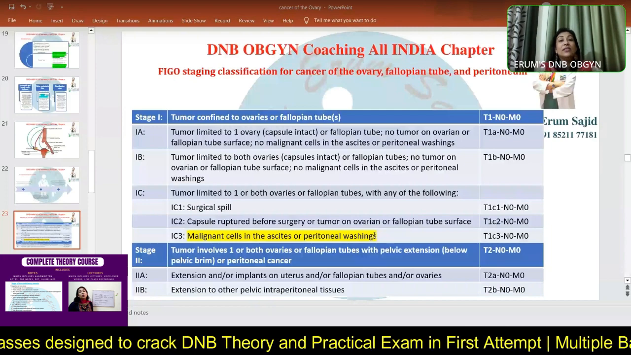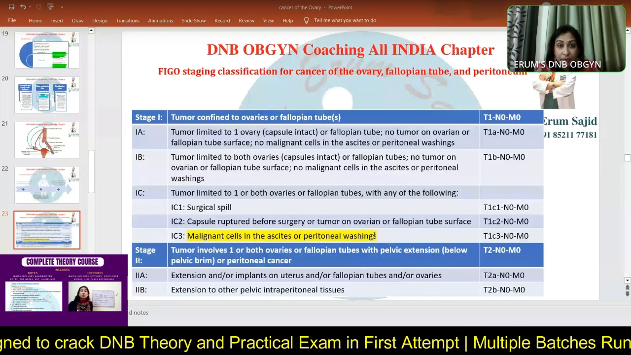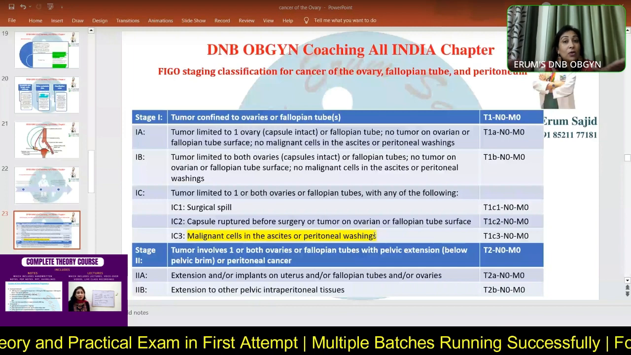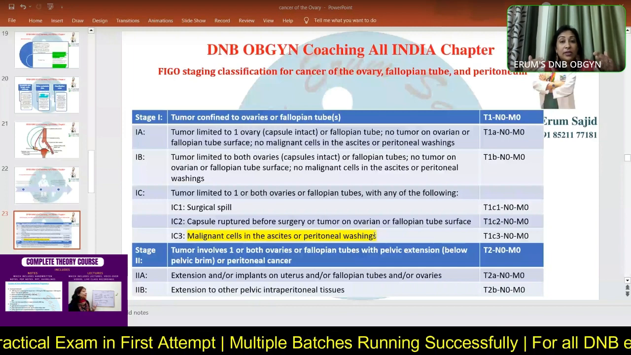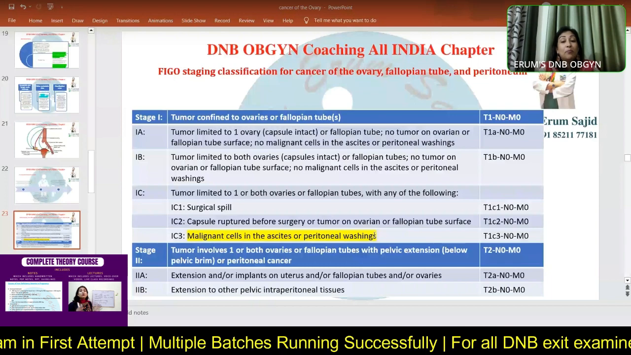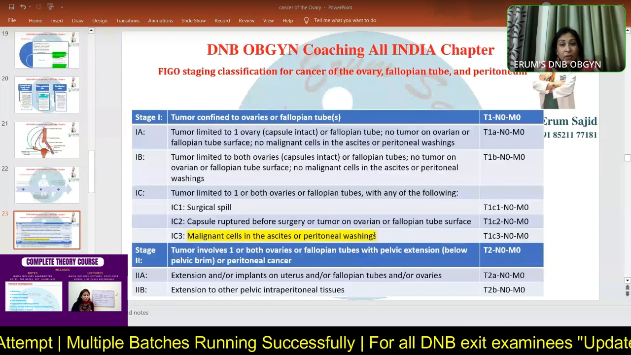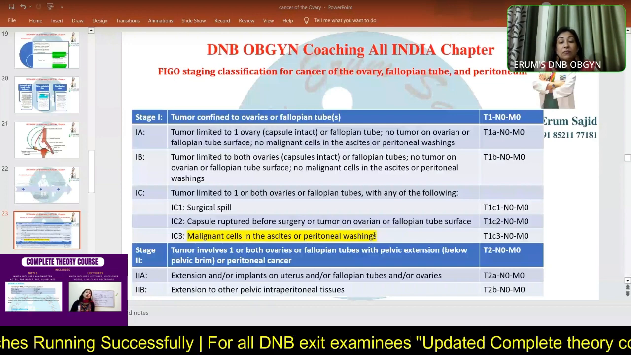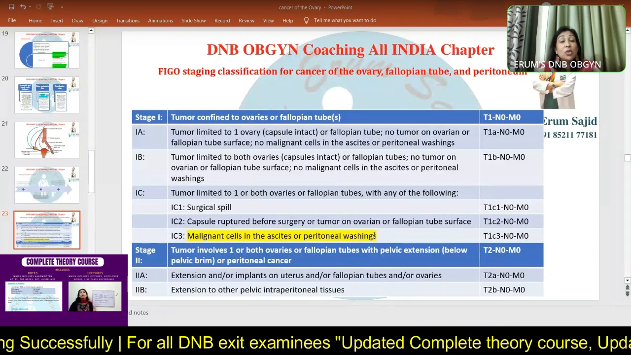That means in the pelvis, the involvement is there. In the pelvis, I'm not coming to the abdomen. I'm not talking about extra peritoneal surface. I'm talking about the pelvis, the exact true pelvis that you talk about. So the cancer is right there. It has not yet come up